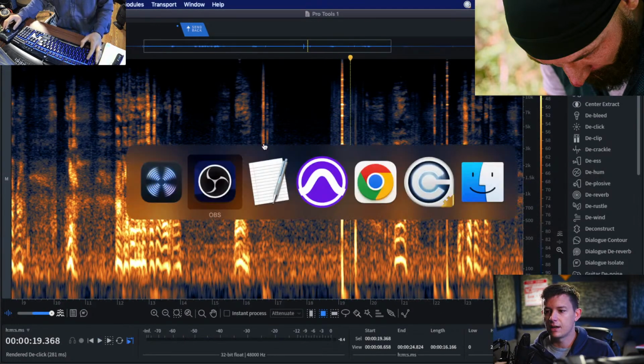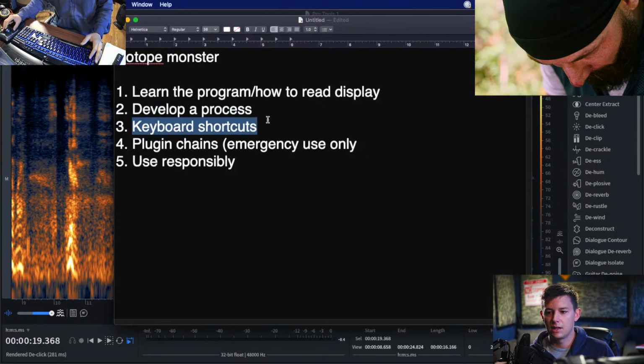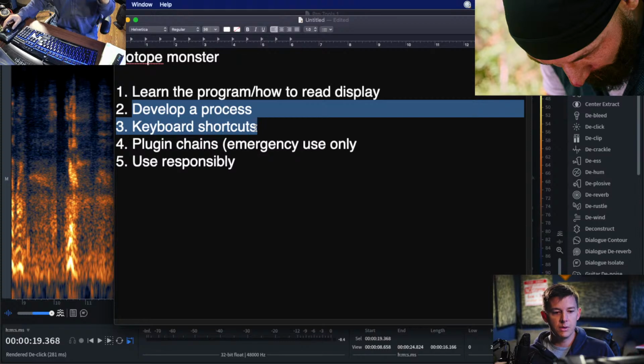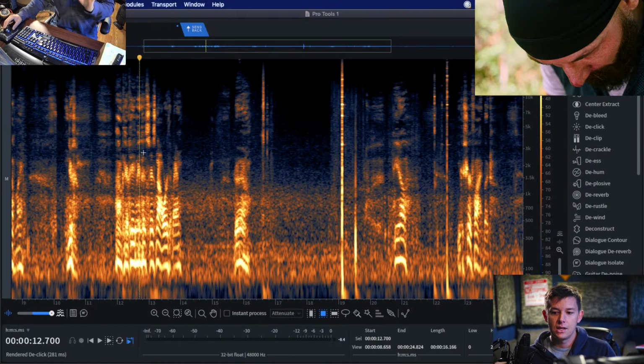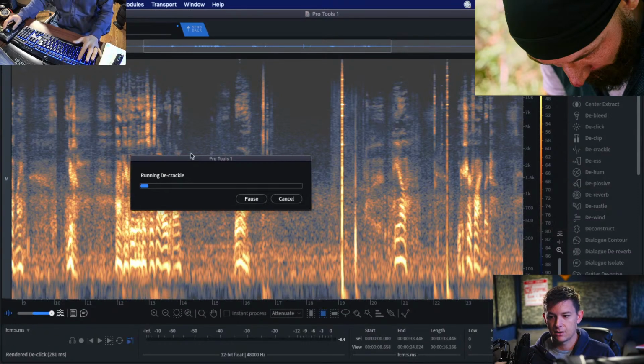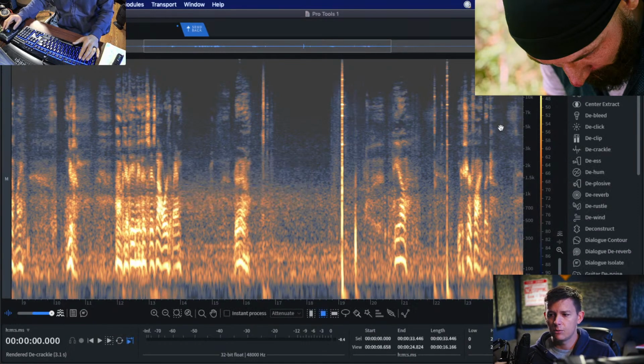Okay, so you get the idea. The whole point of developing a process and using the keyboard shortcuts is to be very efficient with your work. You can just breeze through stuff. And the nice thing about doing it that way versus highlighting the whole thing and using mouth declick or decrackle or whatever, the beautiful thing is your work is going to be leagues above somebody who is just batch processing stuff. Even with the newer tools like Acon, all that other stuff, it's not as transparent as going through and doing it